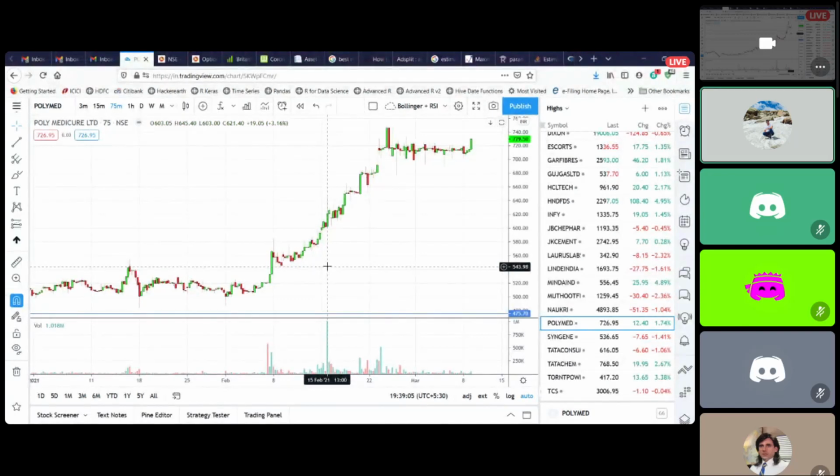All the entry, exit, everything should be predefined before you take your trade. Open a diary, open a journal, and write down in that this is the trade you are planning to take. This is where I'm taking the entry position. This is where the support is. My stop loss will be below this. And this is where I plan to exit the trade. And then set a GTT order to select that booking price.